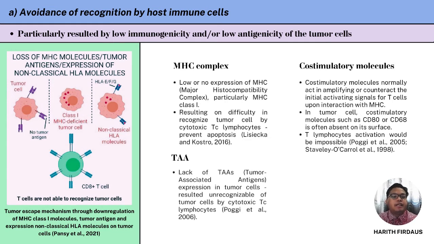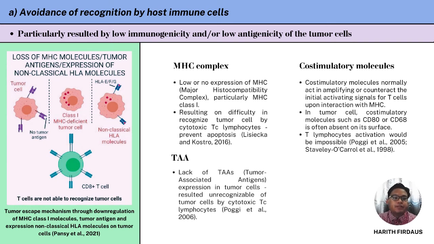Even though tumor cells exhibiting low or no expression of MHC class 1 are susceptible to the action of the NK cells, they are not destroyed because NK cells have no immunological memory. Next, tumor-associated antigens or TAA are primarily expressed on the cell surface as part of the major histocompatibility complex. They are in elevated levels on tumor cells, but also expressed at lower levels on healthy cells. Nevertheless, for this scenario, tumor cells often lack this antigen, which makes them unrecognized by cytotoxic T cell lymphocytes in